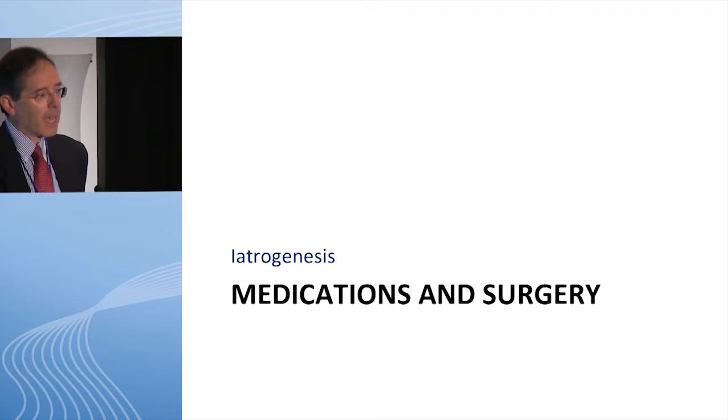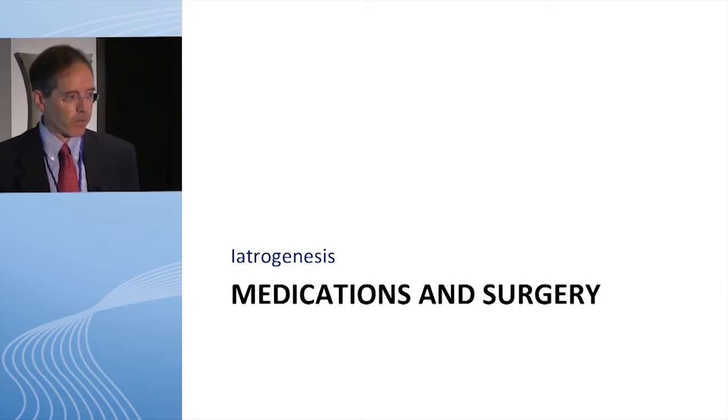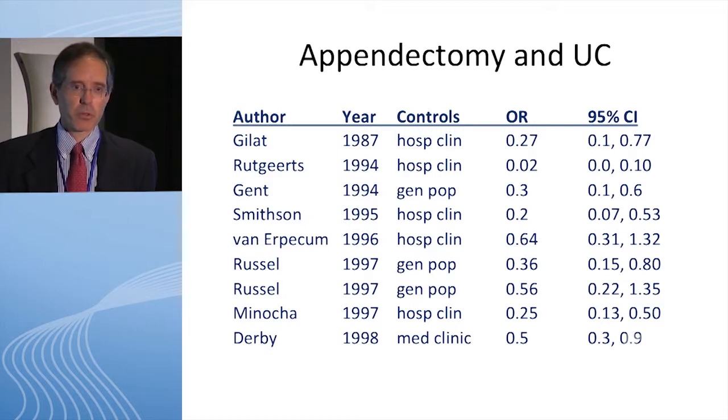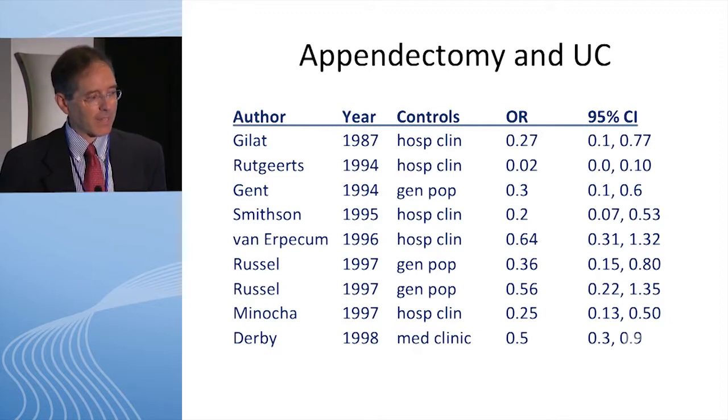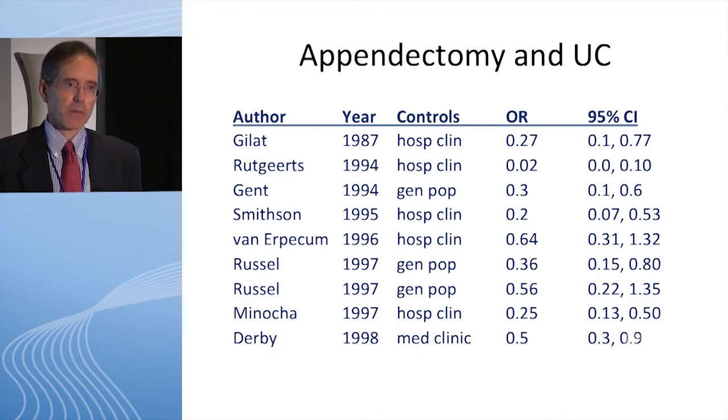So the first way of looking at things is iatrogenesis. What are the things that we may be doing as a medical community that may be important in provoking these diseases? So, appendectomy in ulcerative colitis, I'm sure many of you are aware of this. Really, when we look at this, it's a remarkable set of data that suggests that it's strongly protective against the development of ulcerative colitis. And I think for the most part, the best data suggests that it reduces the risk by about 60%, particularly if it's an appendectomy before the age of 21 and for inflammatory reasons.